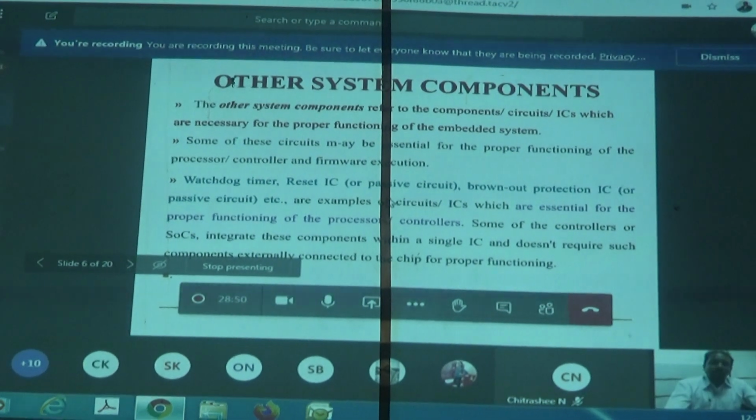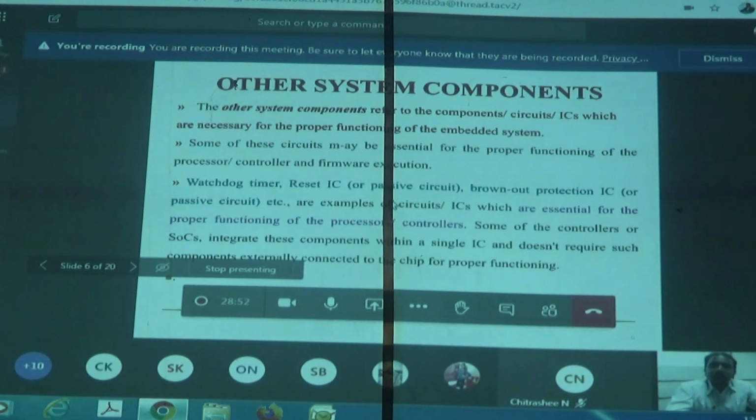And one thing is true: all the embedded systems will not come with all the equipment or all the components. Instead, a few of the components are supposed to be connected externally to this embedded device. A few of them that we are going to discuss here are, like, the watchdog timer. The watchdog timer is a timer. The name has been given because it continuously watches the events that happen in the system. I'll explain it in later stages.